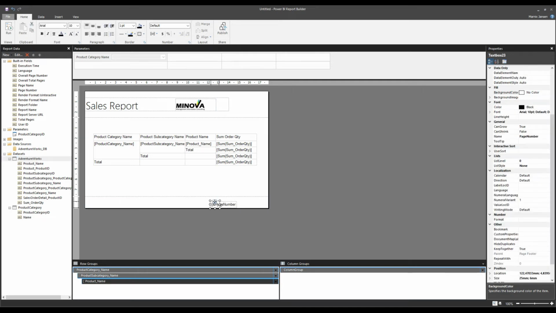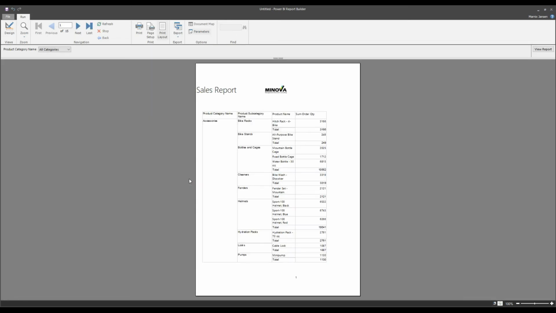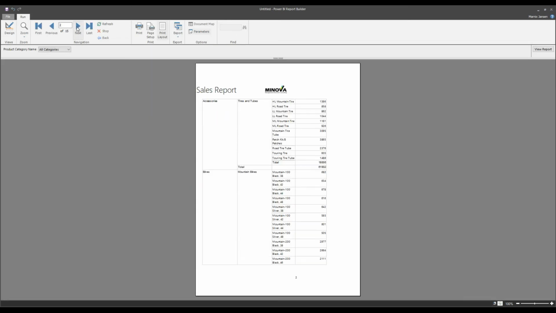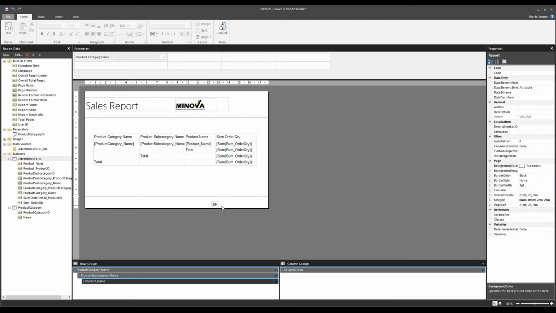And there you go. So now hitting F5 should also include the page numbers. There you go. It does. And we can also say out of the total number of pages. Okay, just for you to get a feel of the kind of things that you'd be able to include here